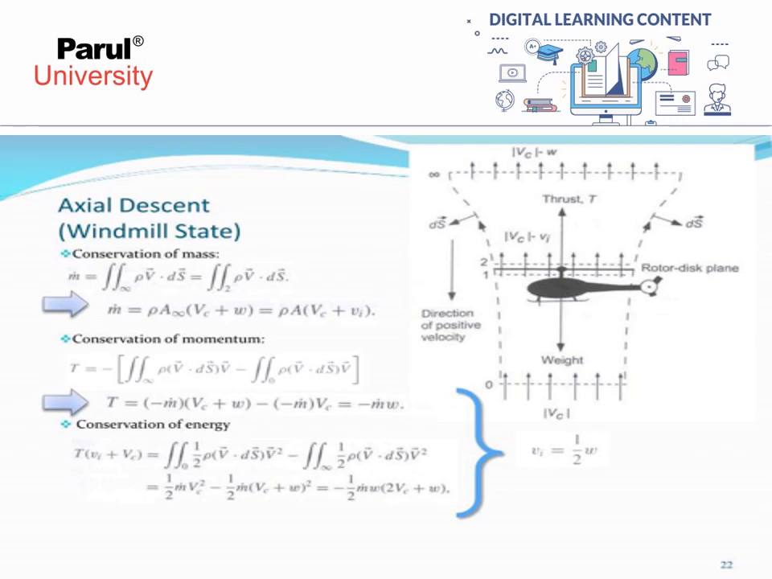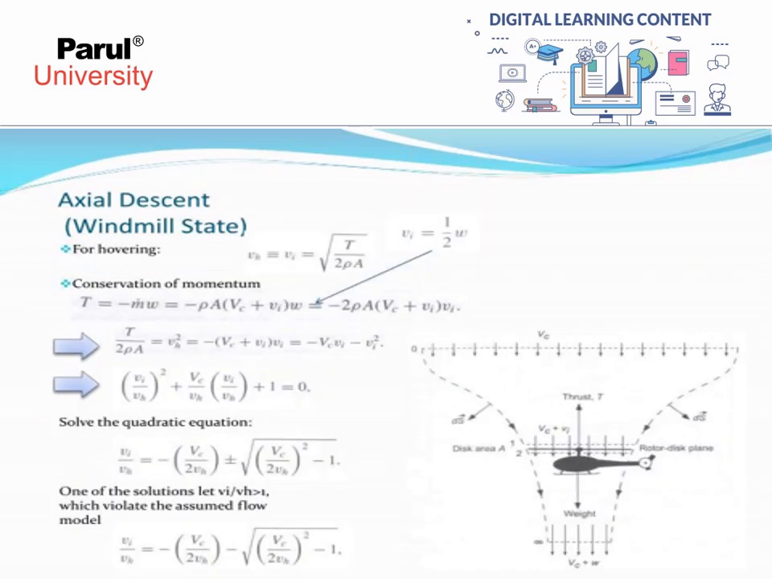Right? Now we can go for the next. The axial descent, known as the windmill state. For hovering, vi is equal to vh, which is equal to the square root of T by 2 rho A. And from the conservation of momentum, T is equal to minus m dot omega, which is equal to rho A (Vc plus Vi) into omega, or we can say minus 2 rho A (Vc plus Vi) into Vi. T by 2 rho A is equal to vh squared, which is equal to minus (Vc plus Vi) into Vi, which is equal to minus Vc into Vi